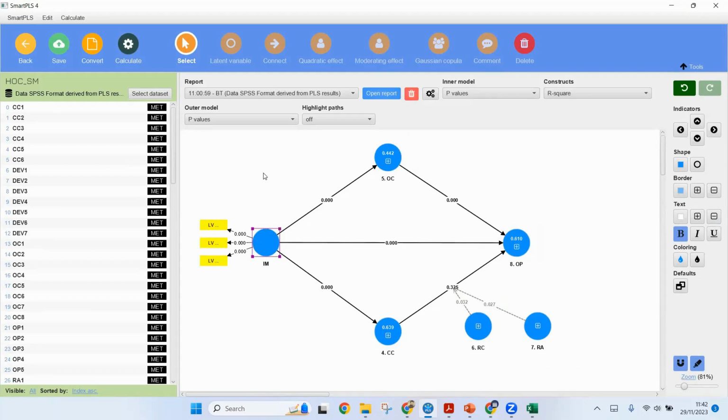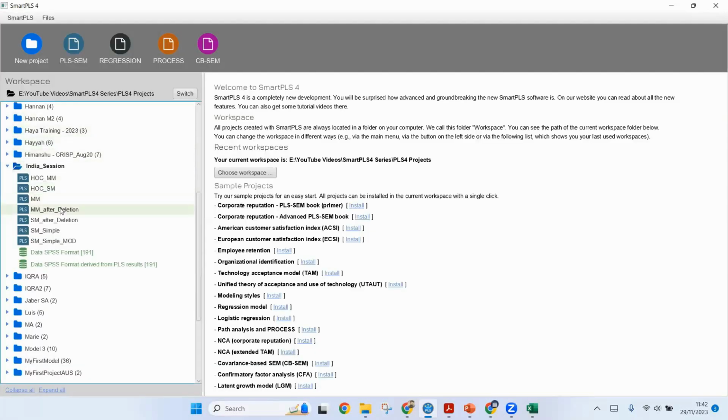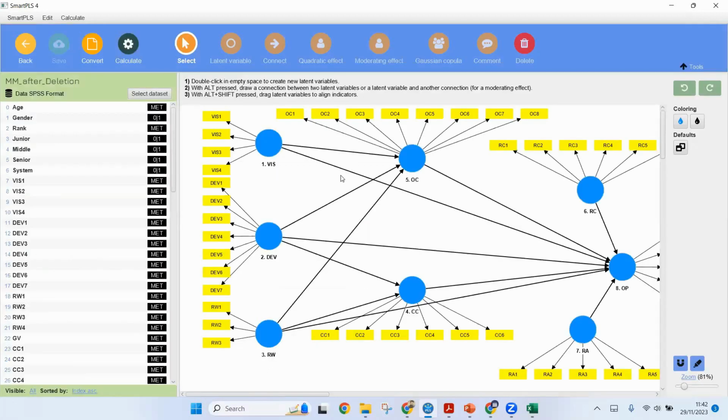Now, again, for reflective formative, the step one will remain the same. Where is my step one? Here is my step one. The step one remains the same, no change, irrespective of whether IM is a higher order reflective formative or higher order reflective. Irrespective of it, it does not matter. It should be,